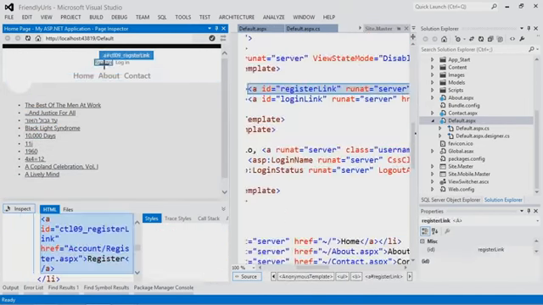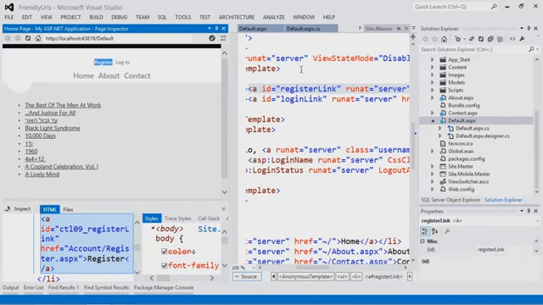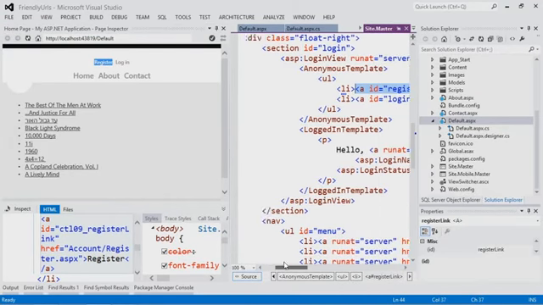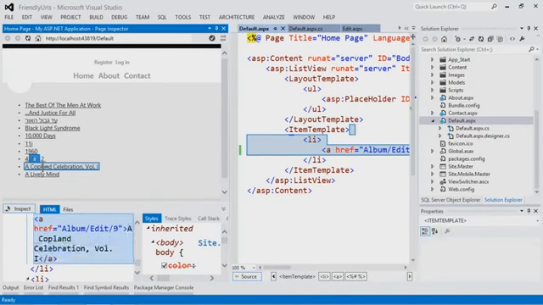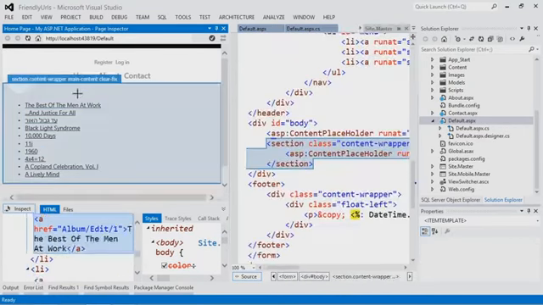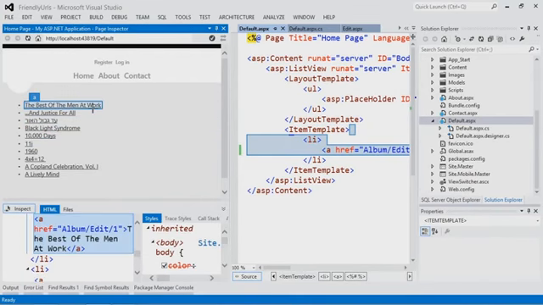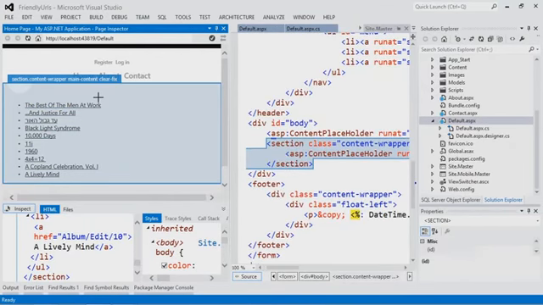But if I go over to, say, this register link, say something was going wrong there, I click on that, and that's actually showing that this is coming from the site master. And it shows me where in the site master. So you just hover around. I hit inspect, and then I just move around, and this is showing these are list items that are coming from that. Now we're at a low resolution and you've got big fonts, but the idea here is